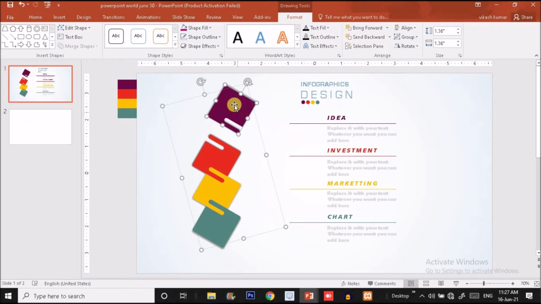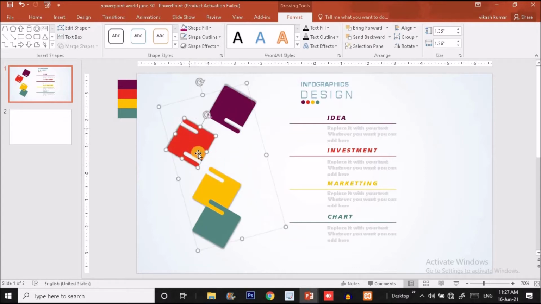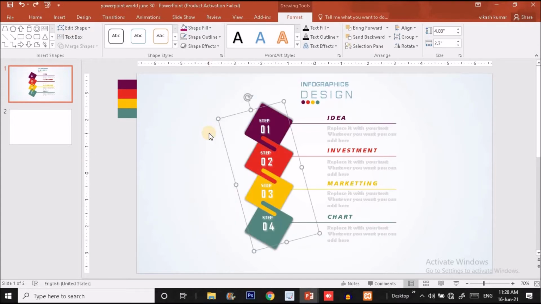So we have to create a single shape like this, and the other is like this, a double cavity. This is a single cavity square, and this is the double cavity square over here. So we have to create these two shapes, and after that we will replicate or duplicate them to create more such shapes and place them together to get an effect like this.